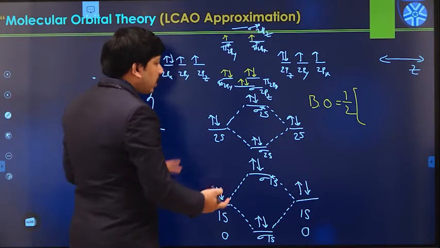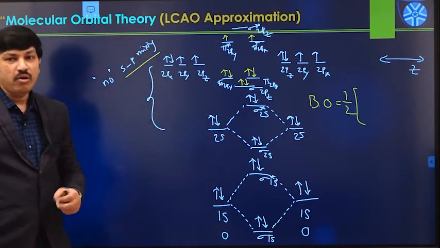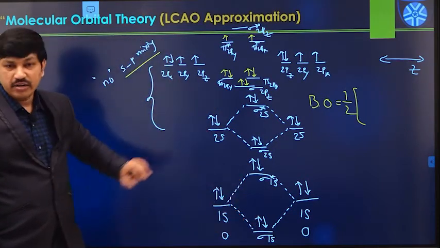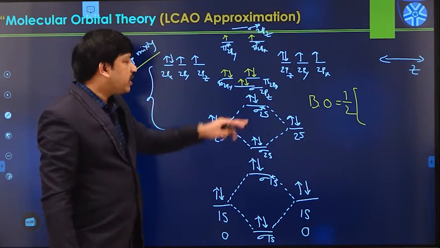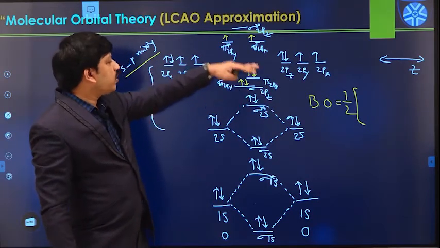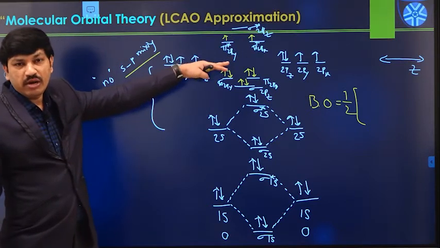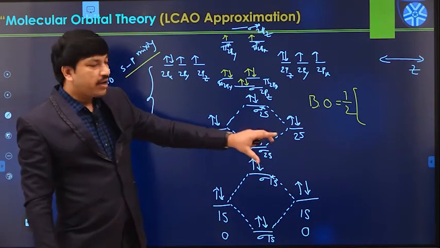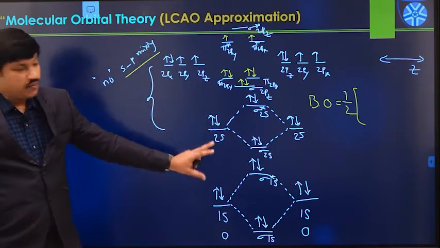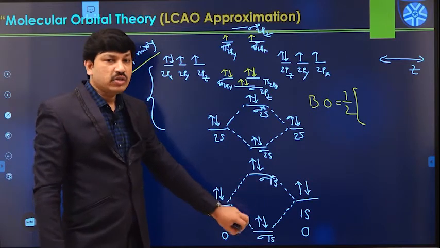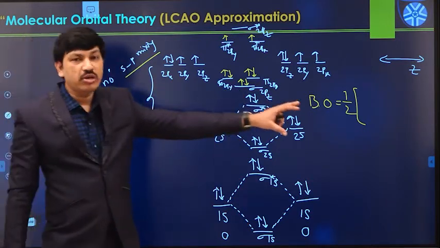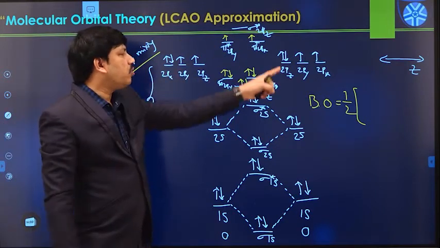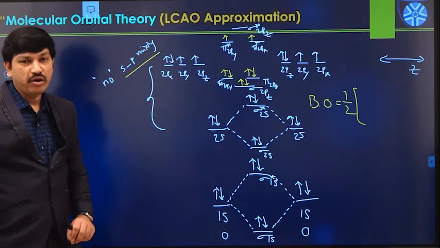For example, in this case, there are two ways you can calculate the bond order value. One way is to count all the bonding electrons and all the antibonding electrons. Otherwise, we can skip up to the 2s level and use only the outermost level, the 2p level, and calculate the bond order value from that. So here I am going to calculate the bond order value both ways. First I would like to include all the bonding and antibonding electrons, then we will see what value comes. And in the latter case I am going to use only the 2p orbitals.